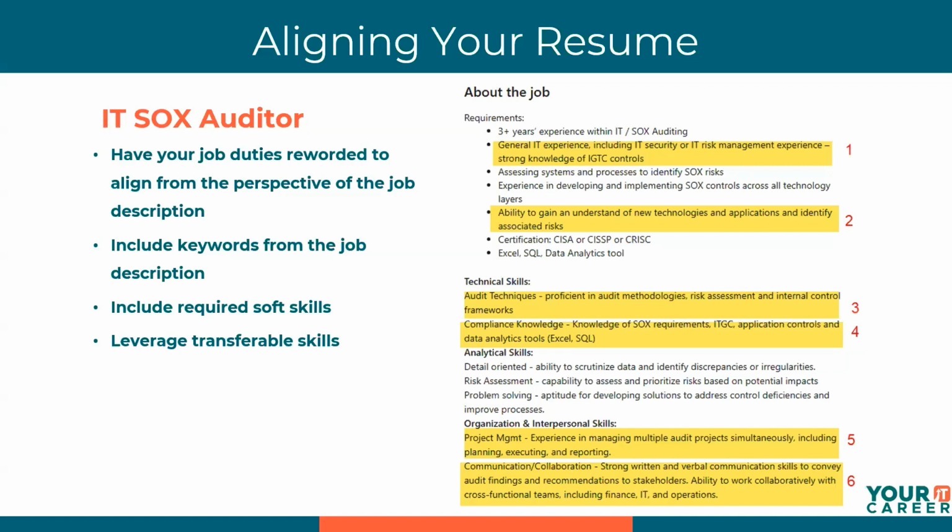And then number 6 here, the last item is communication and collaboration. Again, strong written and verbal communication skills. Absolutely critical. You cannot do without that in the audit and compliance work, and almost anyone can include that on your resume. So again, as I've just talked about, you want to make sure you look at your job duties, the ones that are relevant that you can reward. You may not be able to reward every single one of them, but the ones that you can, absolutely do that to increase the alignment.